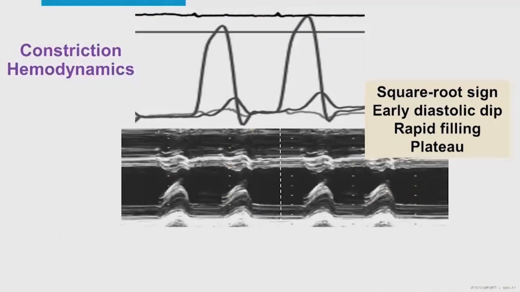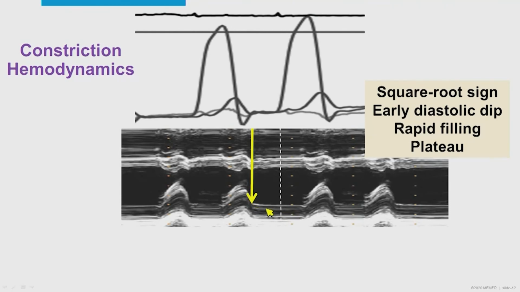As you see, I'll show you later that similar things are presented in patients with restrictive cardiomyopathy. And also, when you see this square root sign, you see the very early diastolic dip, rapid rise of the filling during diastole, early diastole, and then plateau. And then you can see that in the M-mode echocardiogram, because this is a very rapid early diastolic filling and